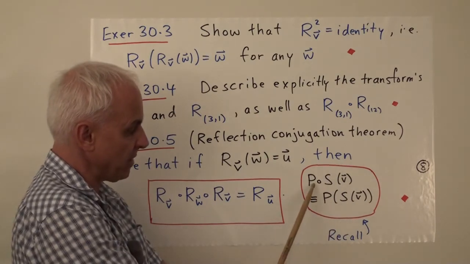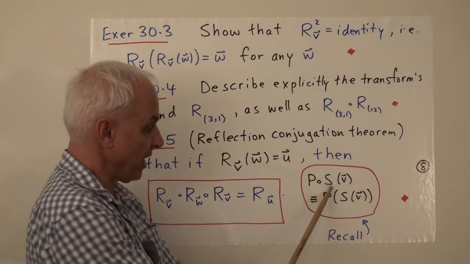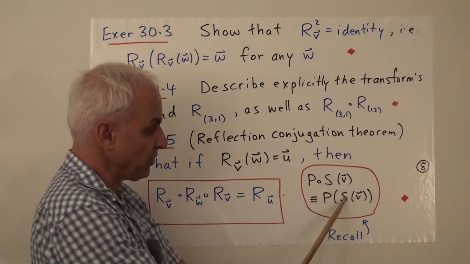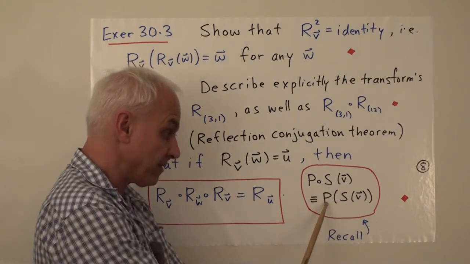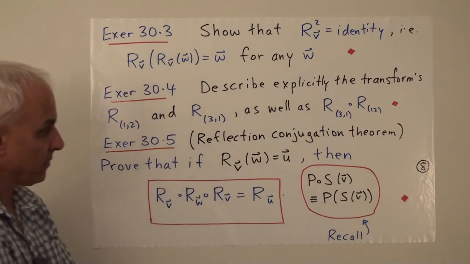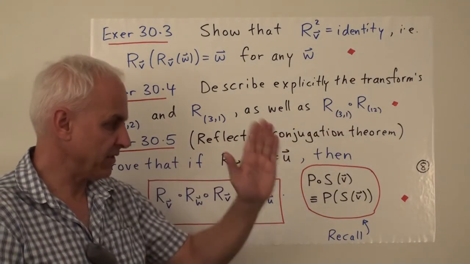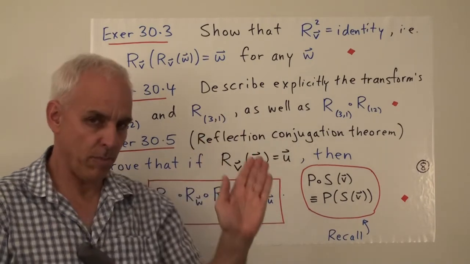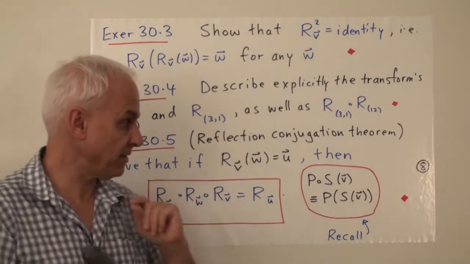So if you have two transformations P and S and we're taking the composition P composed with S of V, it means first you do S, so you take V and you apply S, and then to that you apply P. So this just gives you some practice in what happens if you do one reflection and then you follow it by another reflection. I want you to have a physical understanding of what that's doing.